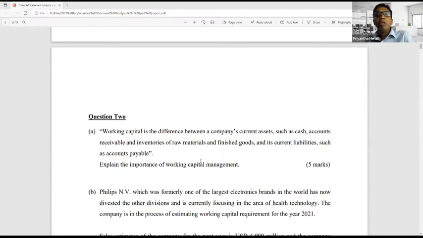In other words, you have to have enough money to pay your liabilities when they fall due. When there's a payment, you have to have money to pay that. Otherwise, you will face liquidity issues. So the first objective is to ensure liquidity of the organization by managing working capital. The second objective,